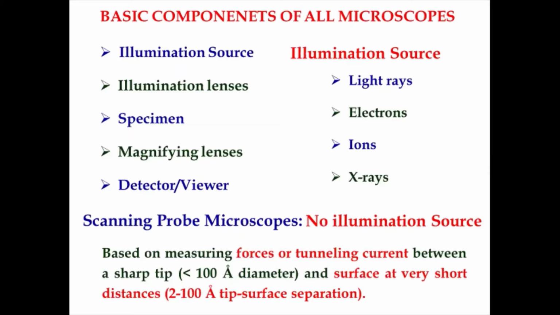Since the source emits the radiations in all directions, and the sample is of finite size, most of the radiations emitted from the source are useless from the point of application. The interaction will depend on the intensity arriving per unit area on the sample. So you have to gather these outgoing radiations or particles and bring them onto the surface so that you get more intensity. For that, you require condensing lenses. Condense means to bring together.